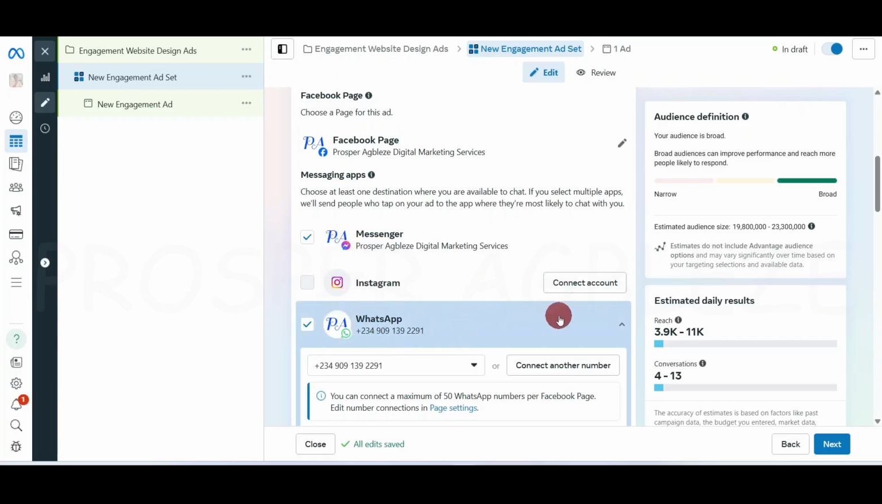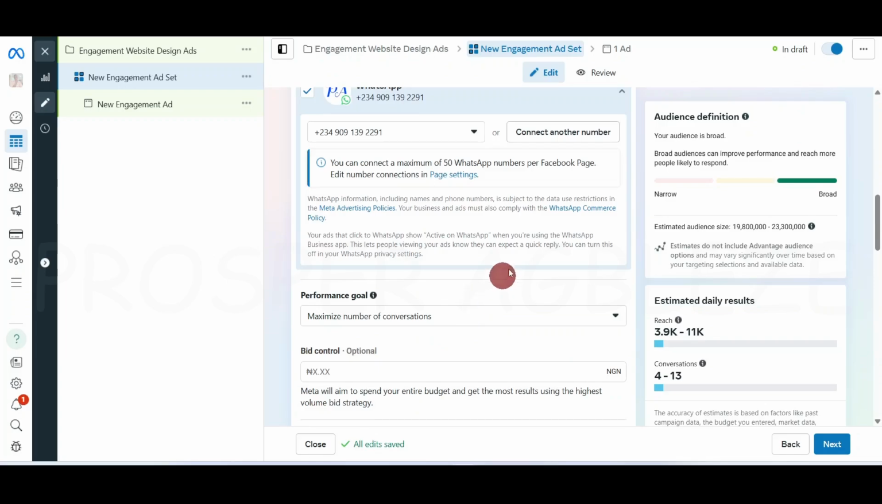If your WhatsApp is linked to your Facebook page, you have the option to also connect to people on WhatsApp. But take note that the WhatsApp you are going to use needs to be WhatsApp Business, not the regular WhatsApp. Okay. You can connect a maximum of 50 WhatsApp numbers per Facebook page. Okay. So that's it on